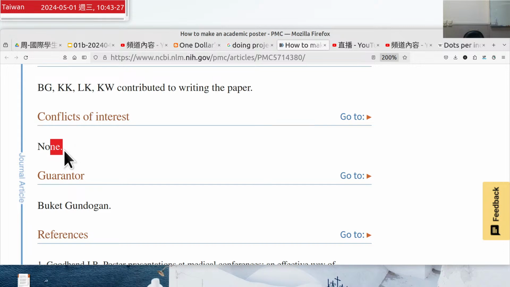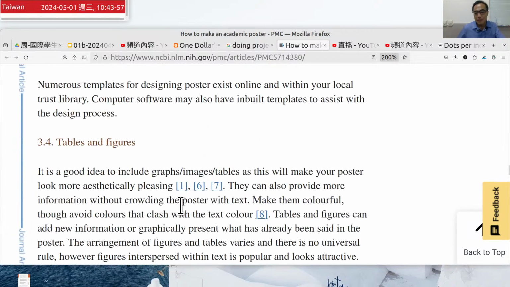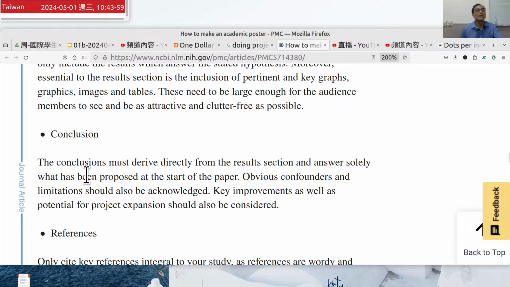So it's serious because it happened a lot in the US. Not only that, it's a global scandal. So here, as a scholar, you are the scholar. When you join to do the research, you need to know this, and you need to explain the funding source and any conflicts of interest. Okay, you need to explain it. Okay, and guarantor, reference. Oh, here is the brief explanation of this. Okay, let me switch to the next part. Go back to this article, then we can do a little bit